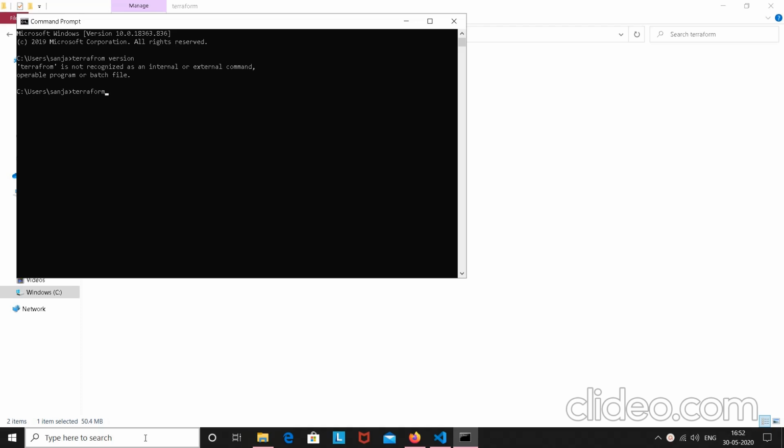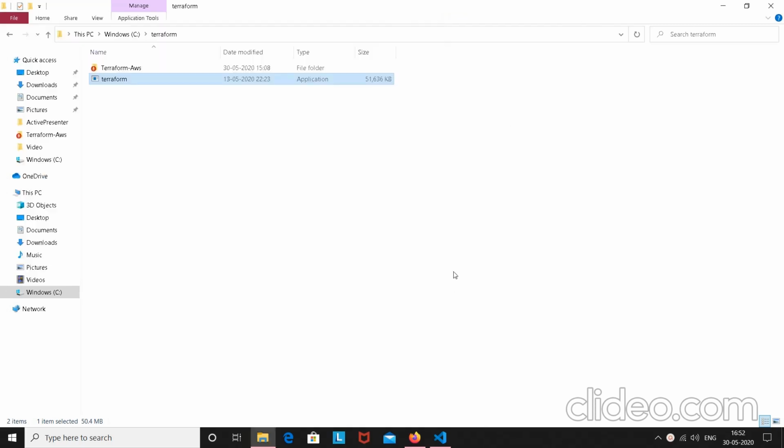So terraform version. Yep, if you see, I am using Terraform version 0.12.25.